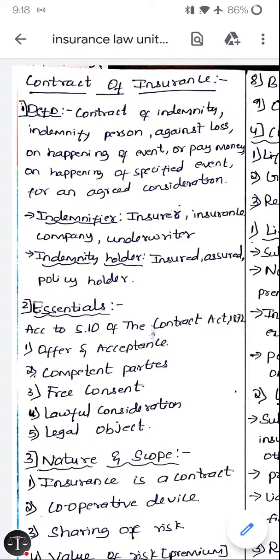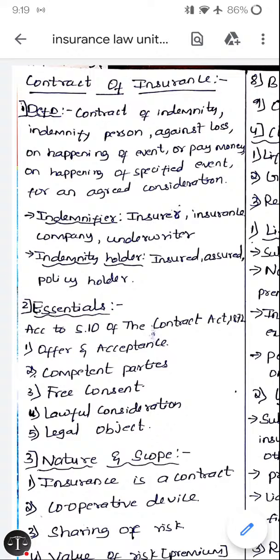So in this case law, it was held that for a valid insurance, there should be three ingredients. Firstly, there should be uncertainty. The happening of the event should be uncertain. Both the parties should not know whether the event will happen or not happen. Secondly, the event must be of an advanced character to the insured. So even the insured should not know whether the event will happen or not. Thirdly, the event should be accidental in nature. So this was held in the case Prudential Assurance Limited versus Inland Revenue Commissioner.